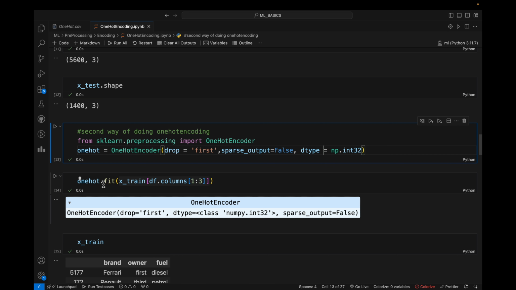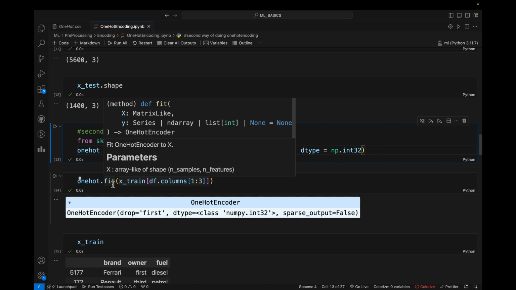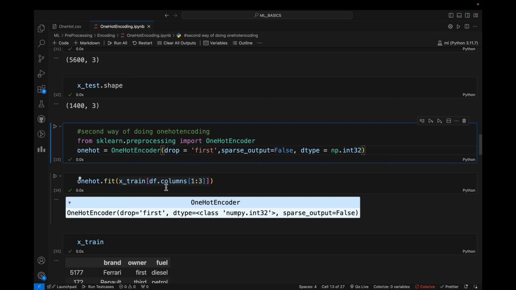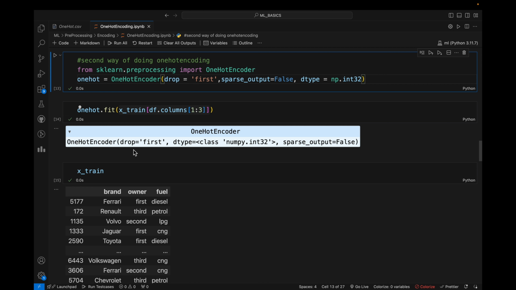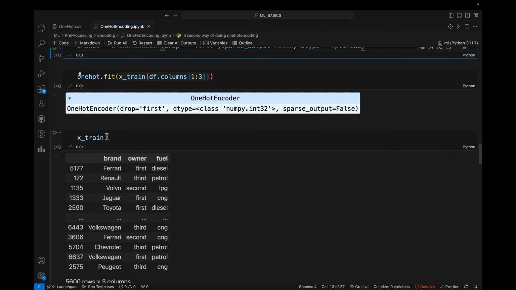Okay. And what we are doing, we are using this one hot encoder and we are fitting it on all the input columns that we are having. Okay. So basically here we are not using all columns, we are using 1 to 3. That means owner column and fuel column will be selected, and on them this one hot encoding will happen. Okay. So what does fit do? Fit will just analyze and do some mappings. Like here it will think that there are three owners, and in fuel there are four distinct values. Like that, all the analysis will be done on the provided input columns,